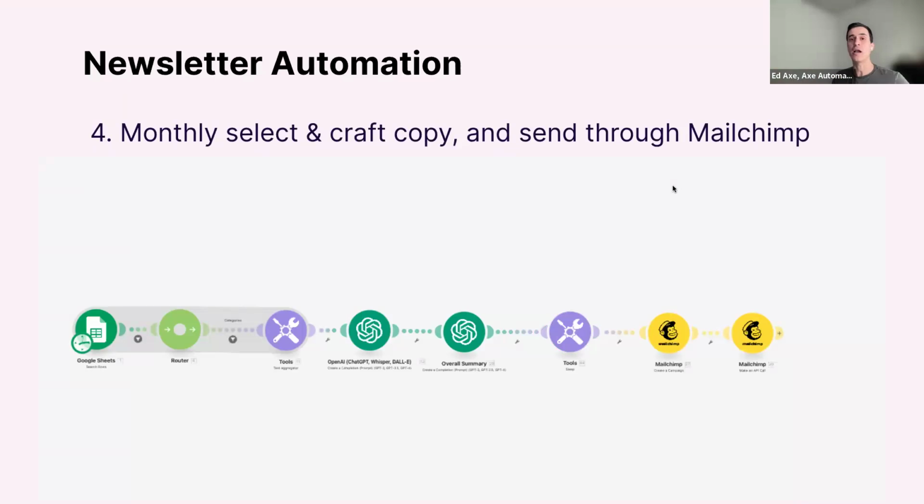The second scenario was to create the actual newsletter once a month. So once a month, we got all the news articles that were relevant, that had a rating of 3 or higher. And then we used AI to create the summary of those news articles. Then the summary was added to MailChimp. Awesome, great. So that was the newsletter.